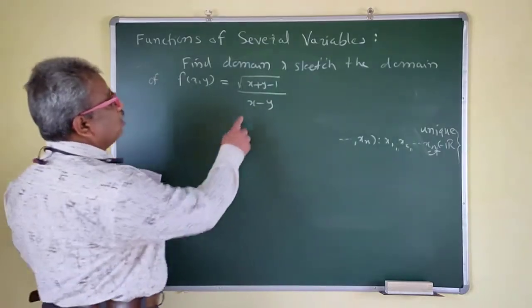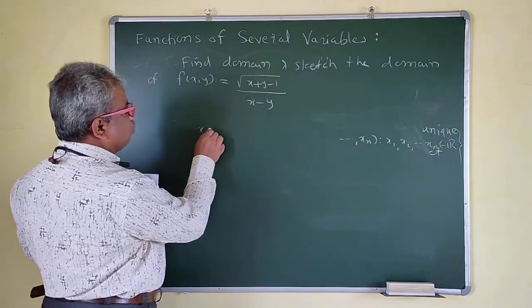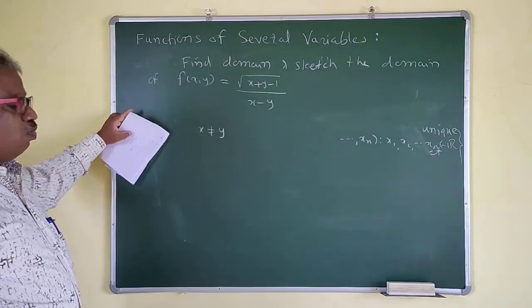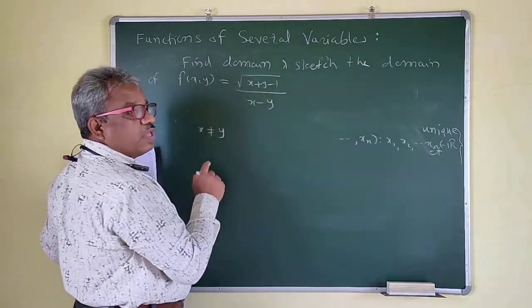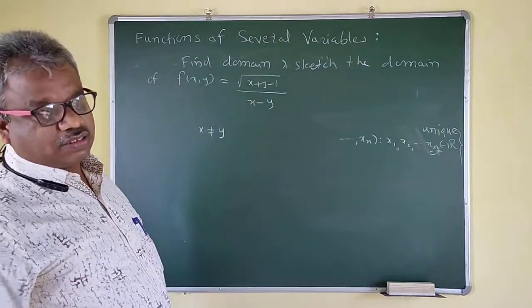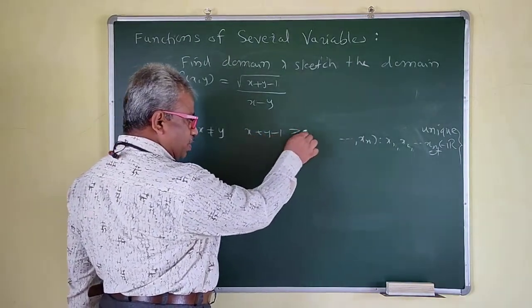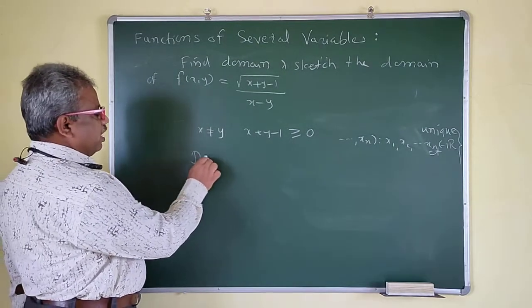So when will it be well defined? This is the denominator, and the denominator should not be 0. That means x should not be y. Now this is the root. We know that the root of a negative number does not exist. That means x + y - 1 should be greater than or equal to 0. Then the domain will be